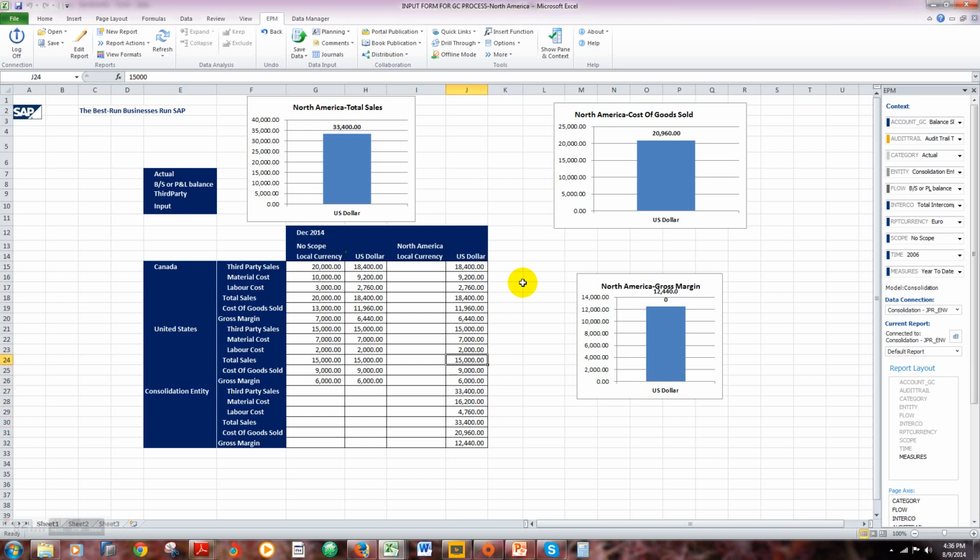The Canadian gross margin was 7,000 Canadian, which was converted into US dollars 6,440, and that's added to the gross margin for the US, which is 6,000, to give a total number for the consolidated entity